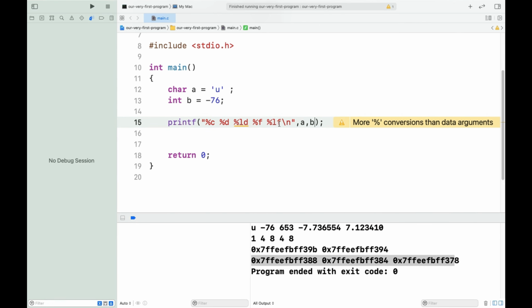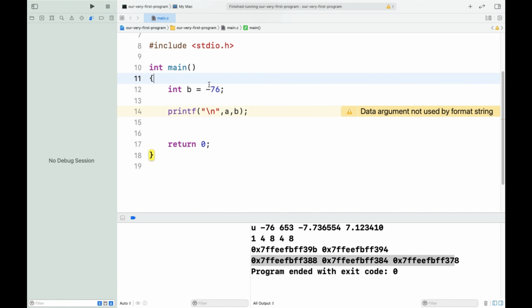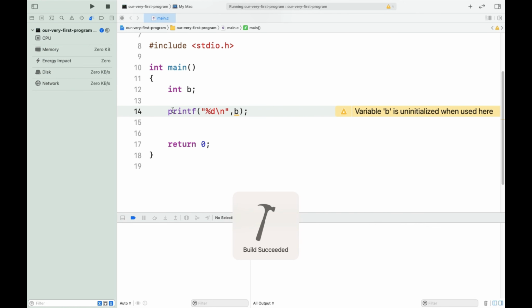So what if I do not give any value to b, let's go with an integer only? What will then happen? %d, and we have %p only. So what is going to be the output?